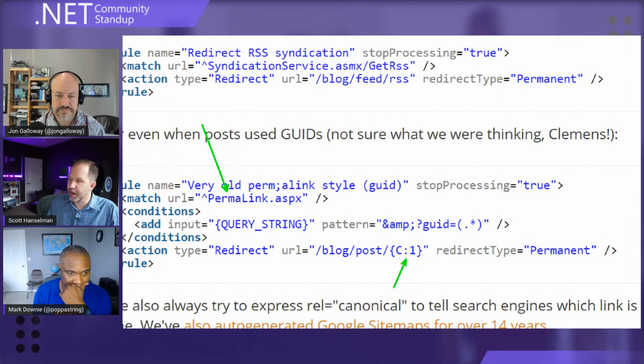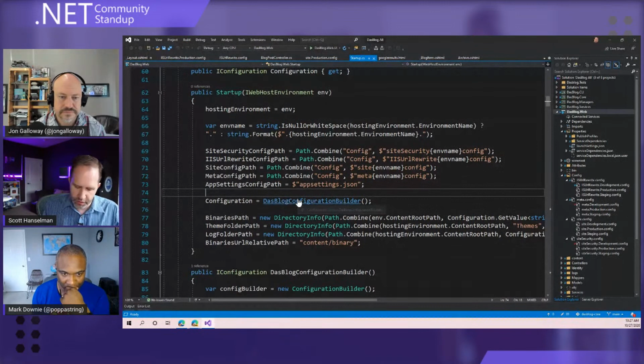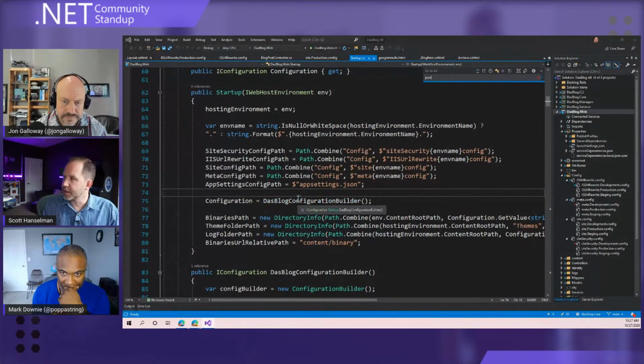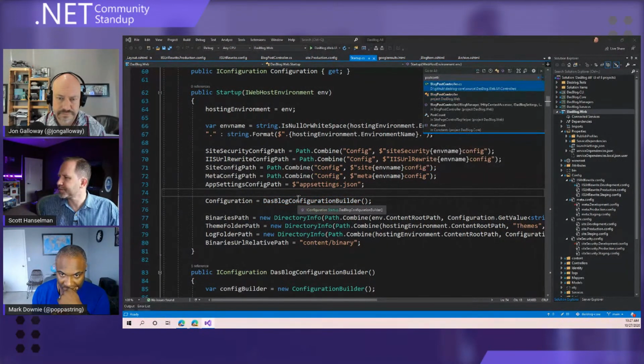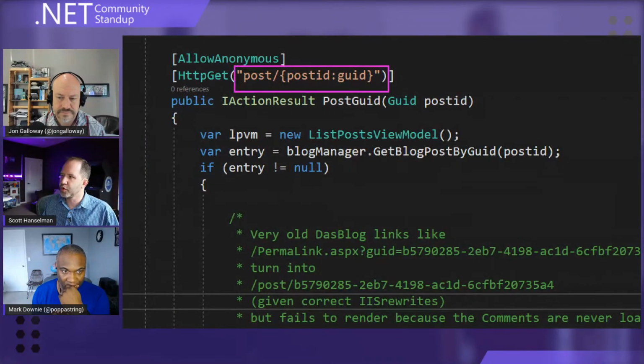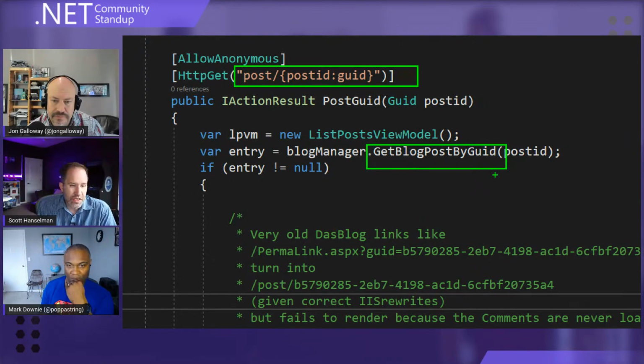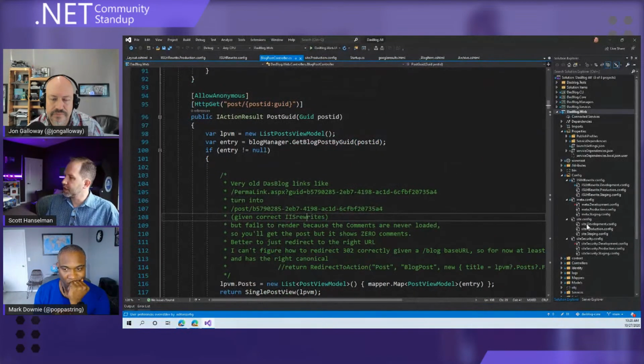I talked to Mark and he said, oh, hey, I've got this GUID one. And if we go and look at that in the code here, I hit Control-T and type in post controller. And here we've got post with a GUID, and he's got get blog post by GUID. And then we have a little conversation in the chat there. What's nice about this is that Mark doesn't care about these because he doesn't have those out in Google, but I do. And DasBlog is configurable enough that I can put these redirects that I want in my own file here.